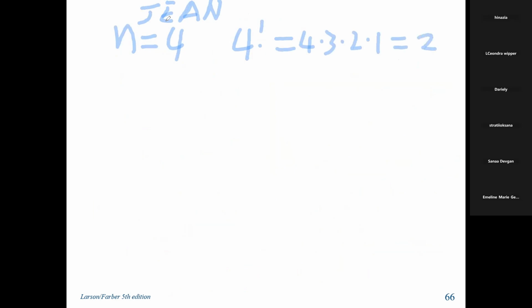That's 24 different ways. So my first name can be Gan, can be Ge, can be Jana,